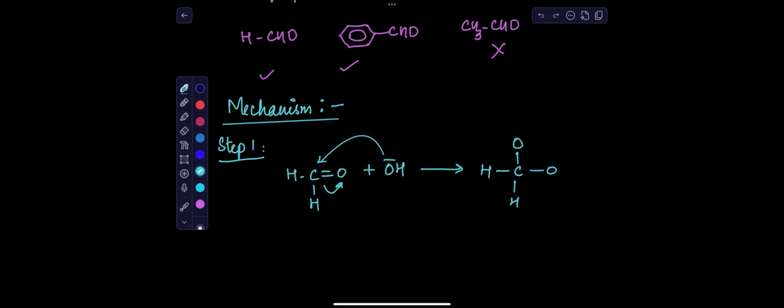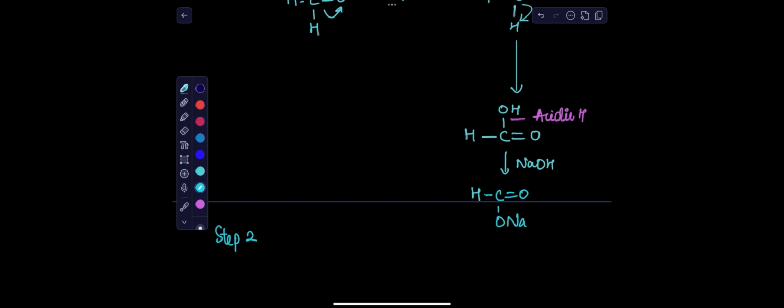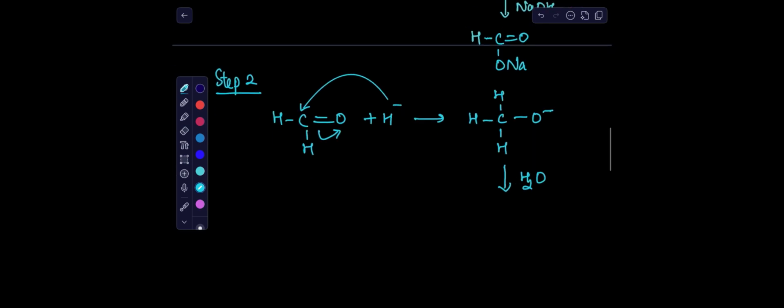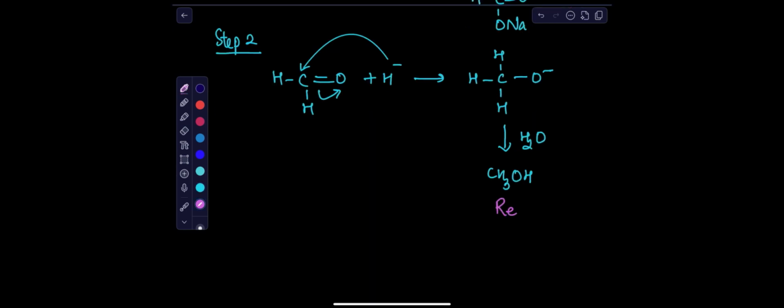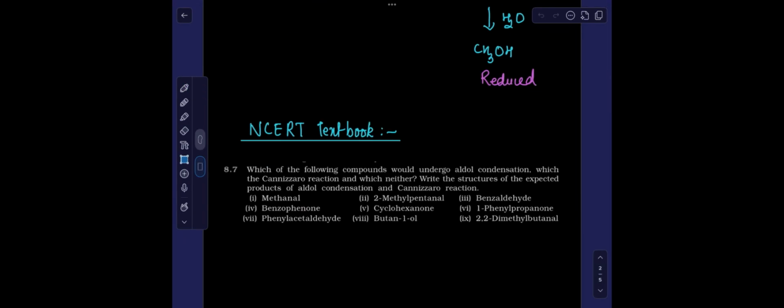If it loses H minus and forms a carbon with a positive charge, it can form carboxylate, and we know that carboxylate is highly stable, so it will release hydride and will form acid. Since base is present, this acid will form salt. Now this hydride will attack another molecule of the aldehyde group and form CH3O minus, which will take up H plus from water and form alcohol, which is the reduced product, and this carboxylate is the oxidized product. This is the Cannizzaro reaction.